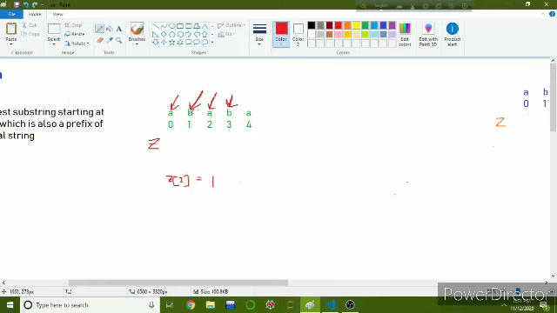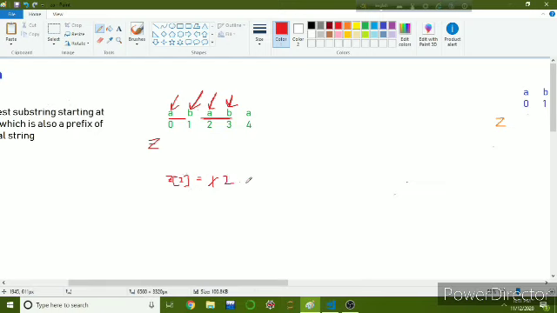Both these characters are B, so this is again a match. So we have found a substring of length 2 starting from index 2 that is also a prefix. So Z of 2 will be 2.